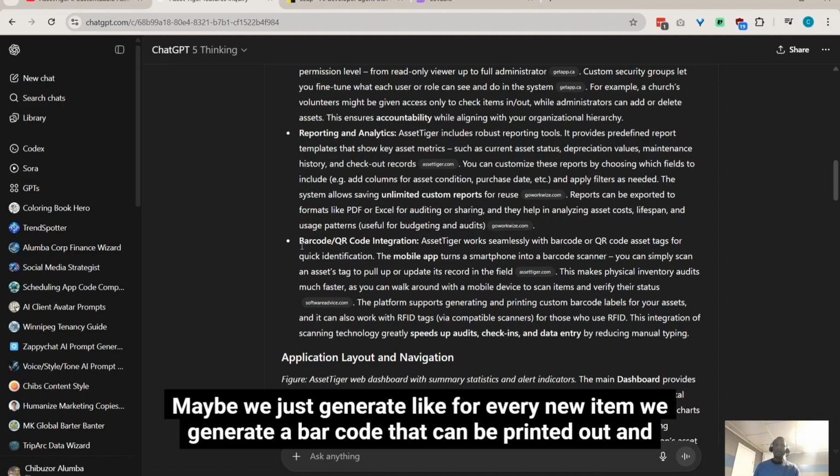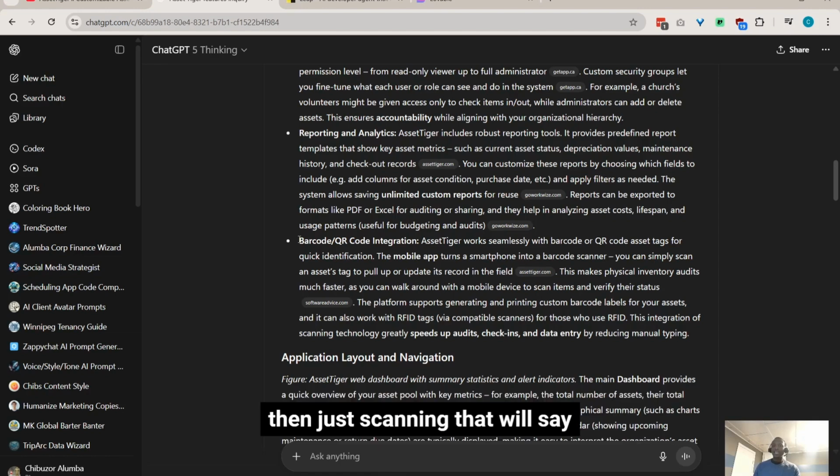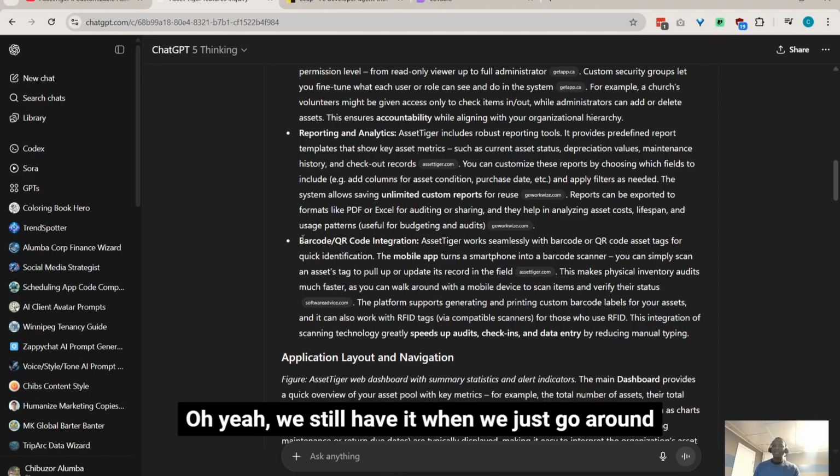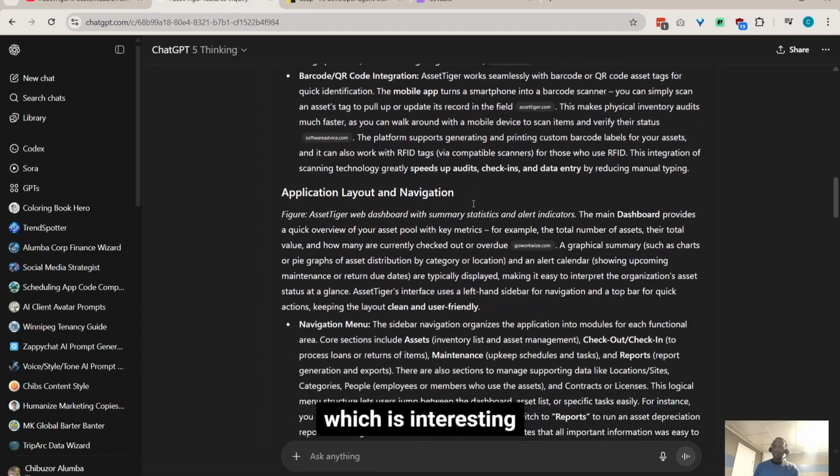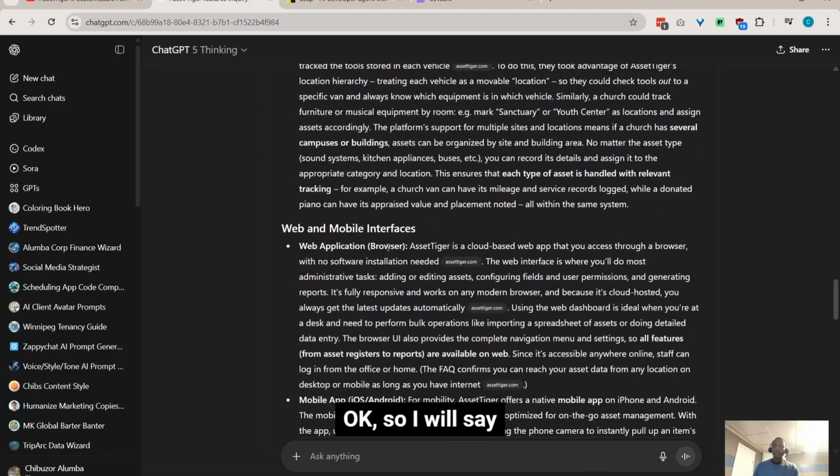Maybe for every new item, we generate a barcode that can be printed out, and then just scanning that will say, oh yeah, we still have it, when we just go around, which is interesting. Okay, so I will say,